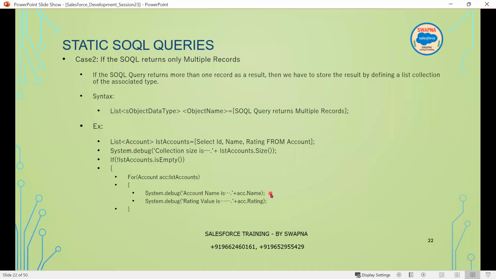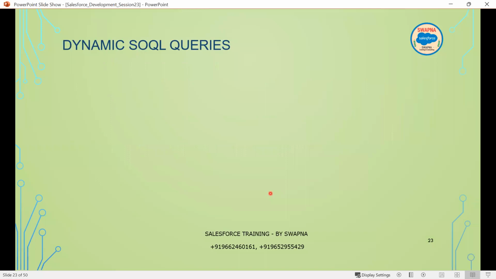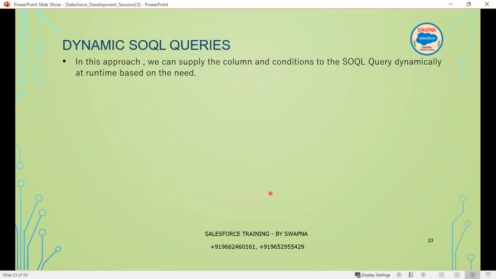Right? Now, moving on to the dynamic SOQL queries. So in this approach, dynamic SOQL query is nothing but during the runtime, we can supply what are the fields that I need to query, what is the condition that I need to apply. So static is nothing but fixed, which I have to simply write select ID, name,